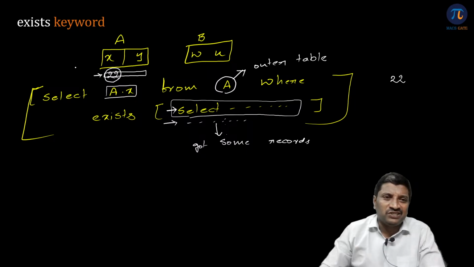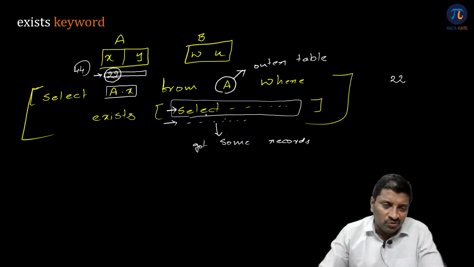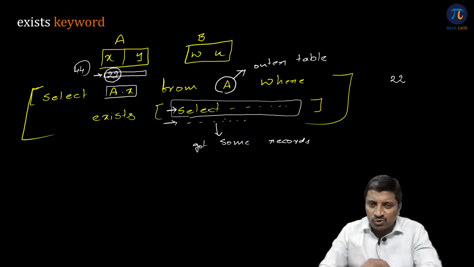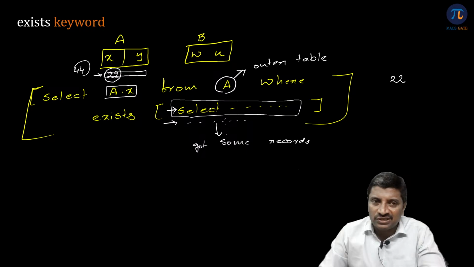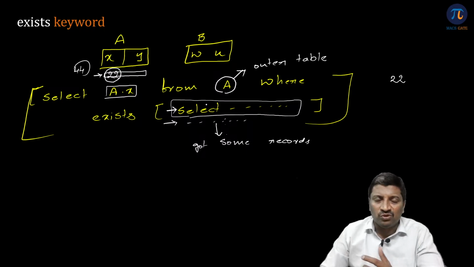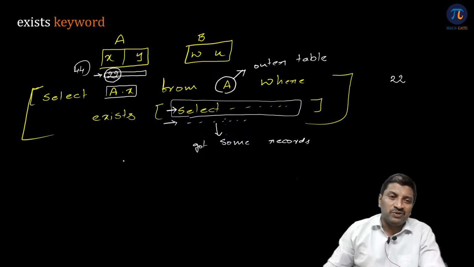Suppose I have taken the next number, 44. Then again I enter into the inner query and execute the same query. If I get some records, I will display 44. Otherwise, I don't display it. For a simple example, suppose